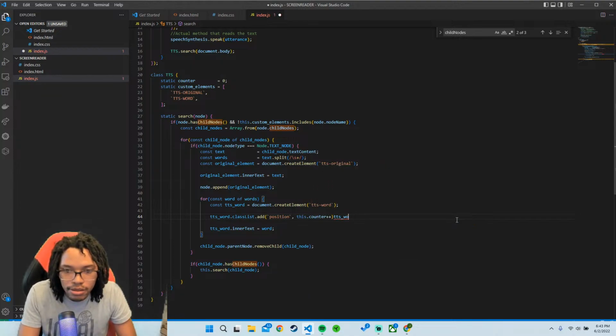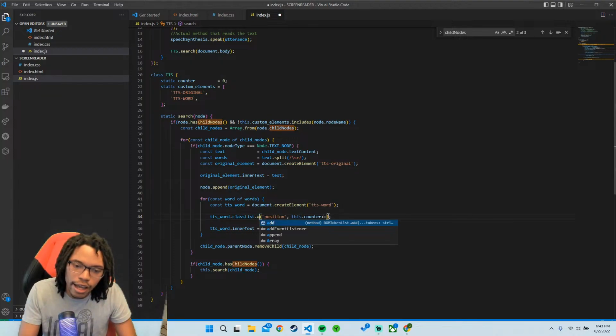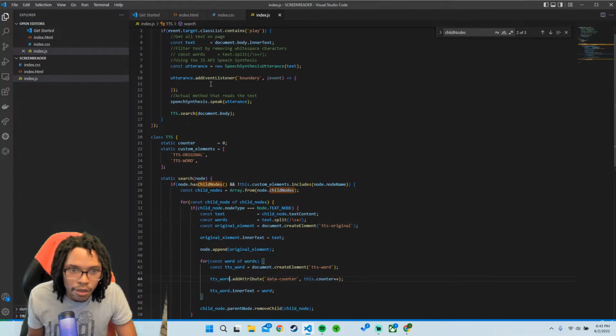Sounds right to me. I think. No. I want to add an attribute, sorry. Add attribute. Let's do data dash position. Or no, we'll just do data dash counter. Just to keep it consistent. So we're adding the attribute. Yep, looks great. Get rid of this. Data counter, yep. And then on the word boundary,